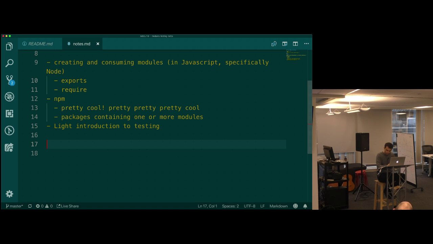We are focusing on some JavaScript-specific stuff and some general programming stuff. These are coding concepts that we're diving deep into, one of them being this idea of module creation. To motivate this idea of module creation, we're going to talk about what an API is first. Has anybody heard the term API before? Great. And what does API mean?